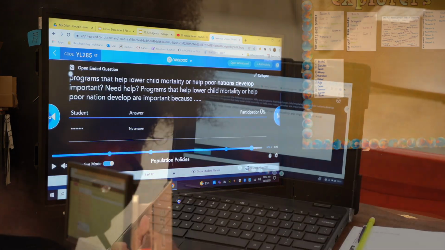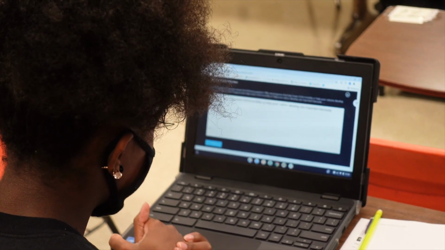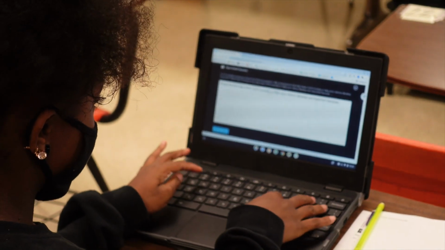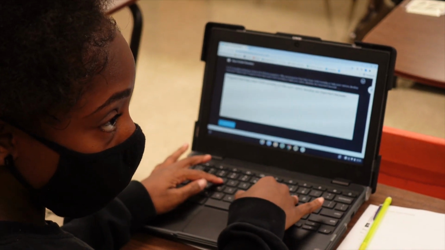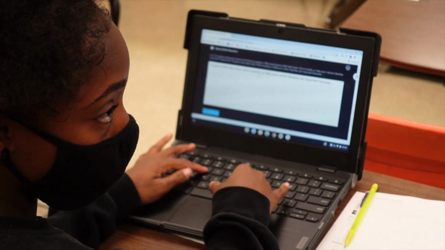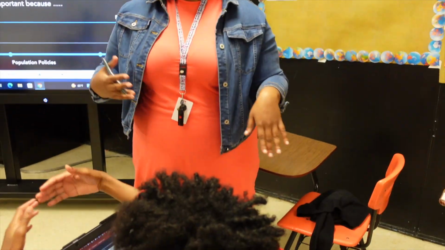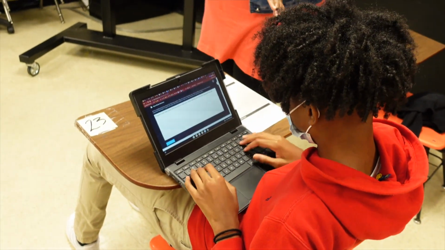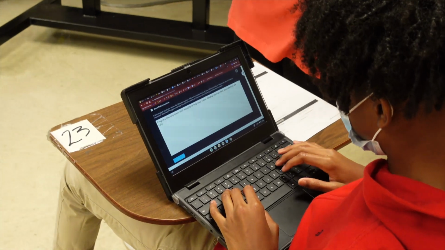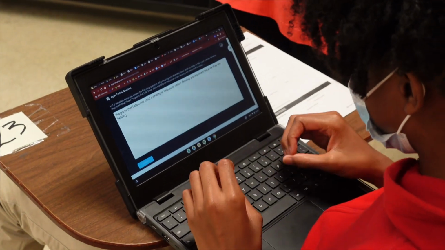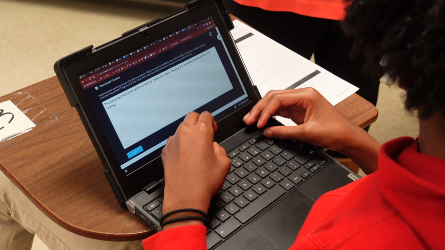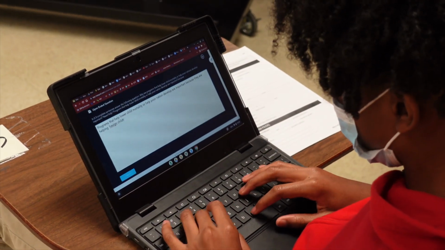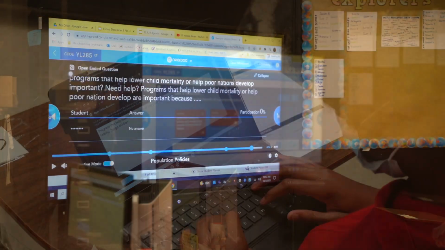Where's it popping up? Press refresh. Press refresh. Brianna, there you go. Society. Go with that. We're getting there. Use that to help you inform your answer. Because once you have somebody live past age 5, it's more likely they're going to live to be an adult and do all the things that adults do to contribute to society.